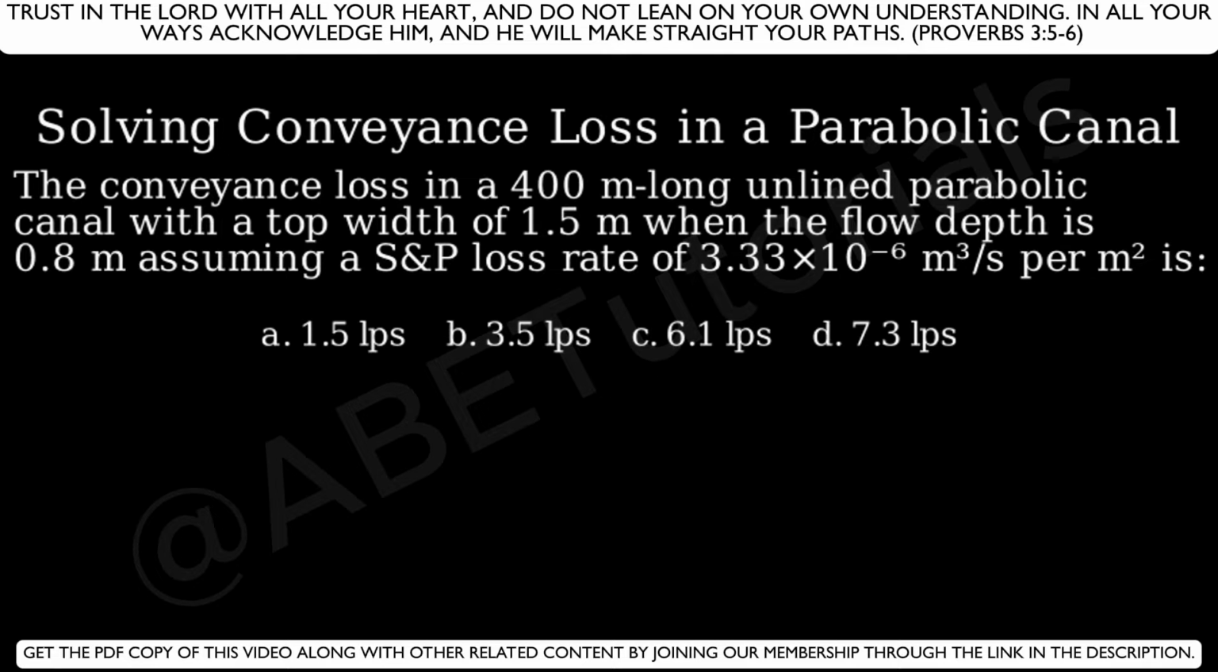A, 1.5 liters per second. B, 3.5 liters per second. C, 6.1 liters per second. D, 7.3 liters per second. To solve this problem, we need to find the conveyance loss, which depends on the wetted